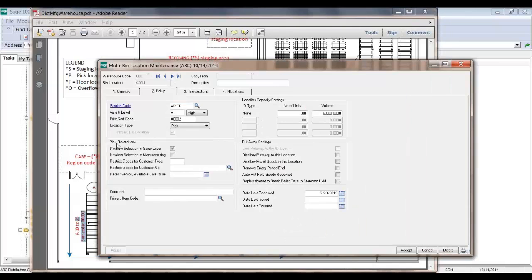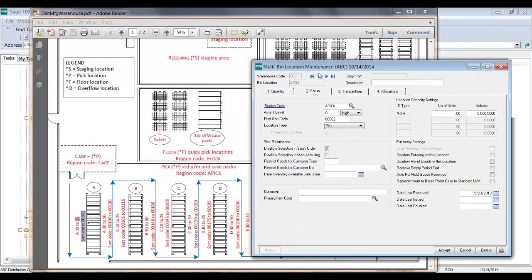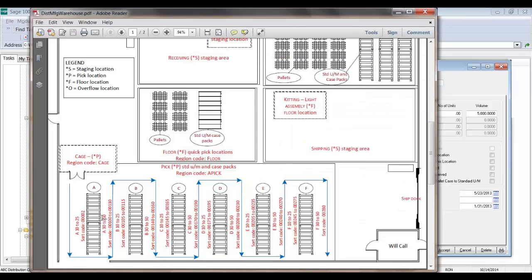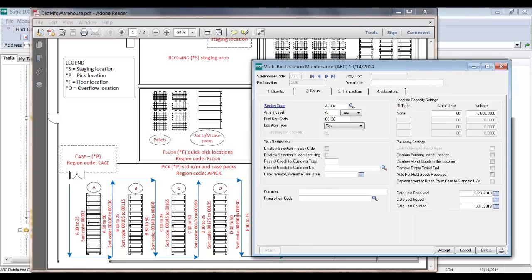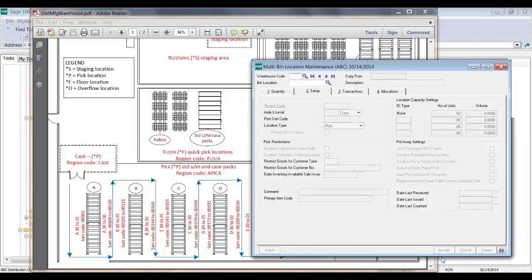So let's pull up that location over here. So I start off with A30, A30, L, M, they're all 100 on these sort codes. And then A40 is a sort code 120. So that's a little bit further. That's about midway in my rack system over here. So then if I were to look at the B10,